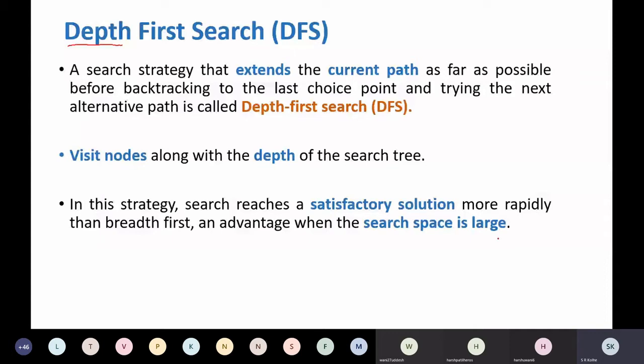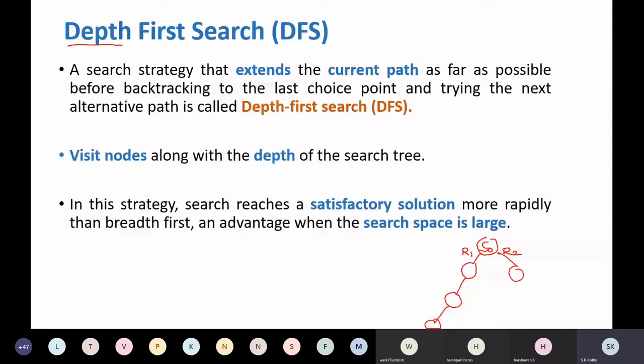start with some starting state S0, and then the search tree will be generated, and based on the kind of search technique you will be visiting the nodes until you reach the goal node. So depth first search, as the name suggests, will move along with the depth of the search tree in this way. So although there are other nodes, for example, two rules can be applied in the water jug problem, R1 and R2 initially from state S0.